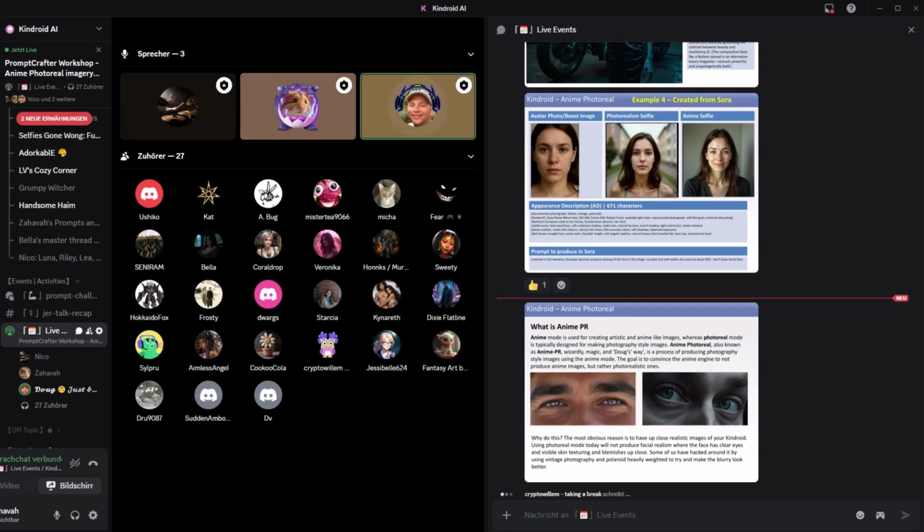And using photoreal mode today will not produce that facial realism that has clear eyes, textured skin on the face, so on and so forth. We've kind of hacked around it today. You can put vintage photography, Polaroid photography, 35mm photography, documentary style photography in your appearance description with a 2, 3, or 4 weighted value in there. And that kind of masks that blurriness over the face in photoreal mode to make it look like, well, it's not blurry, it's just an old photograph, right? So you can kind of hack around that process, but that's the best that I've seen accomplished